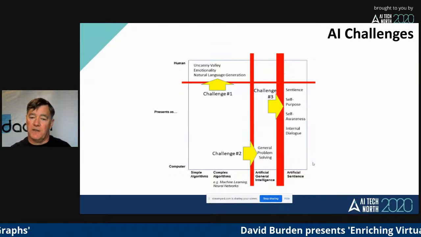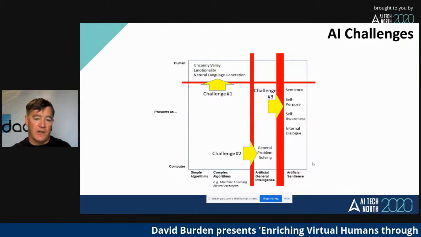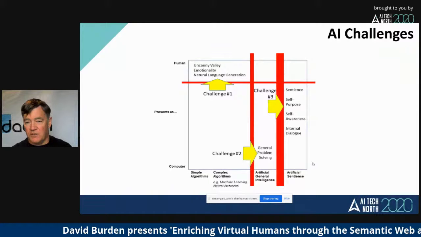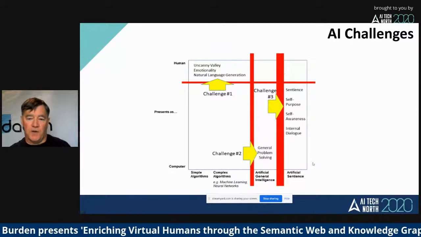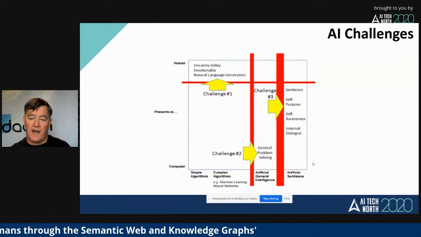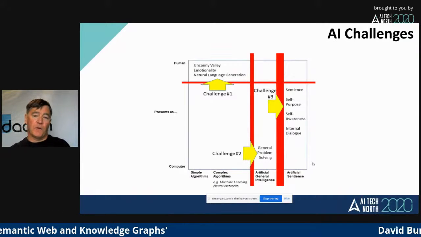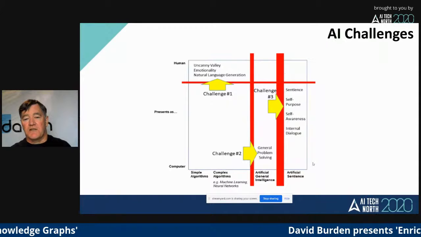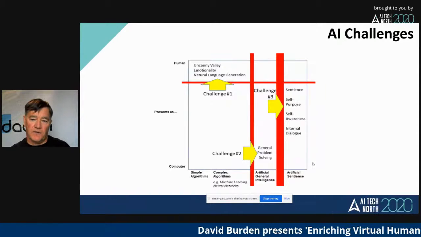And that same software could then be taught to do multiple different tasks in the same way that you might train a human. And the third challenge is the one that we don't know if we'll ever actually achieve, which is what happens when that artificial general intelligence moves away from being a machine to being something that's got some level of sentience, some level of self-purpose and